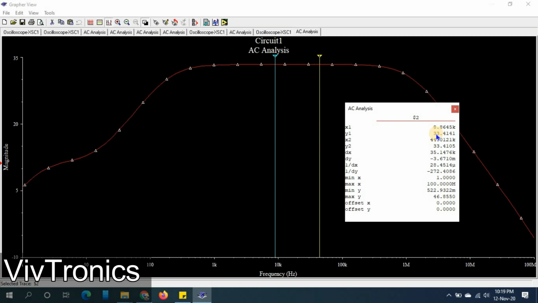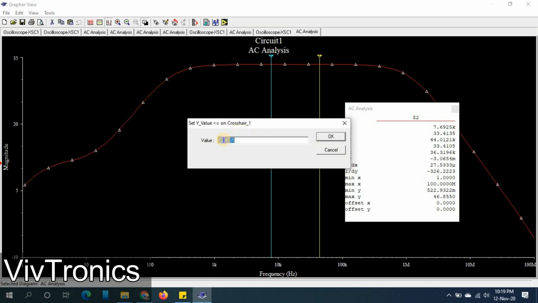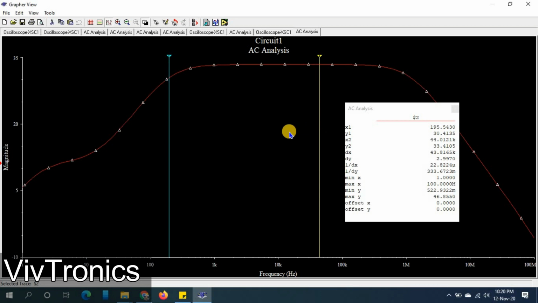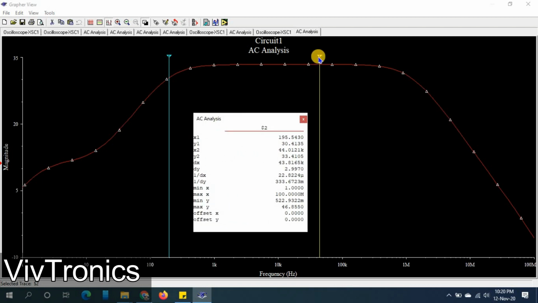So I have to place the cursor at minus 3 dB. What I am going to do is right click on this blue line and set the y value to the left side, which is 30.435, and then click OK. Now you can see the y1 value is set as 30.41. Now I am going to set the yellow line to minus 3 dB at the right side.